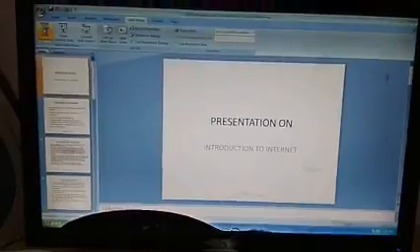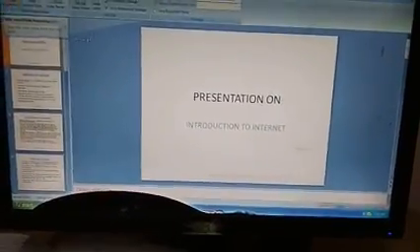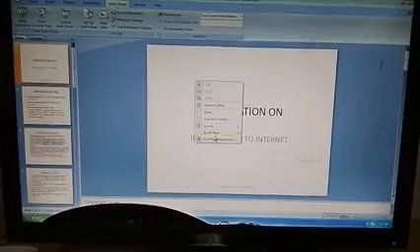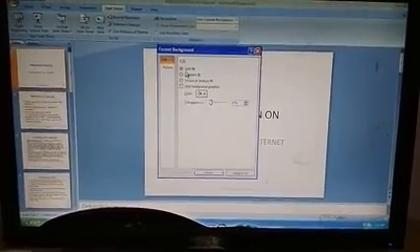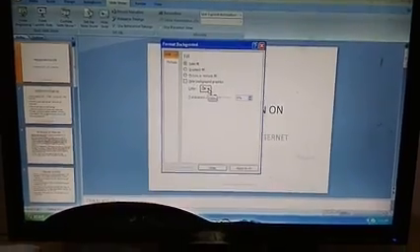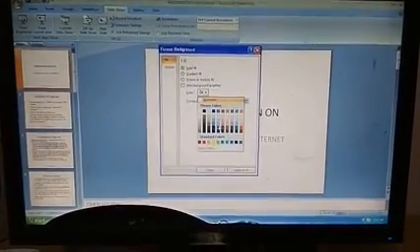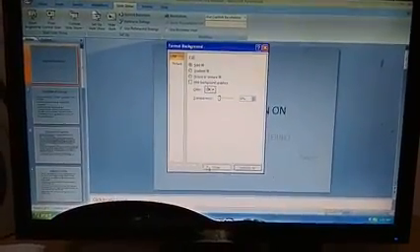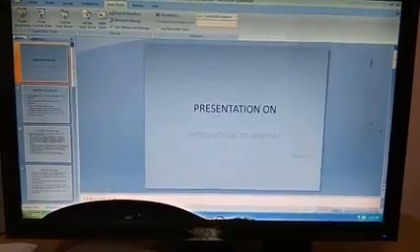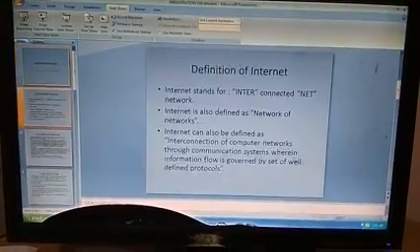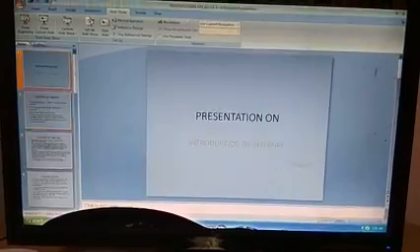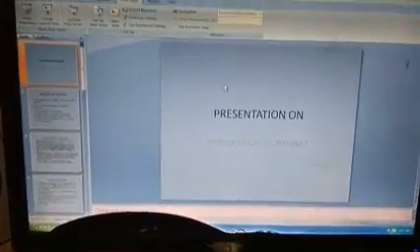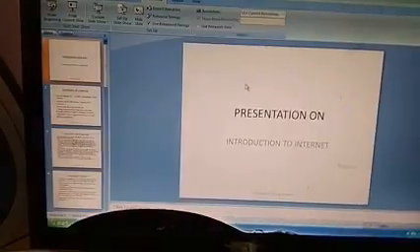So you know all these things already, and you know how to give background settings also. Right mouse click, format option, then go for some color, select the colors and just go for apply all options, and then the background color will be set to your available data. So we discussed all these things in the last class.